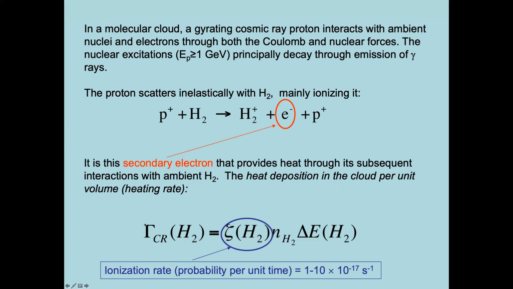So the gamma, which is now the heat term, is proportional to this so-called ionization rate. That is a probability per unit time, and is of course related to the flux of cosmic rays. And we know in the interstellar medium, values between 1 and 10 to the minus 17 per second. Then of course you need the energy provided by each cosmic ray event,